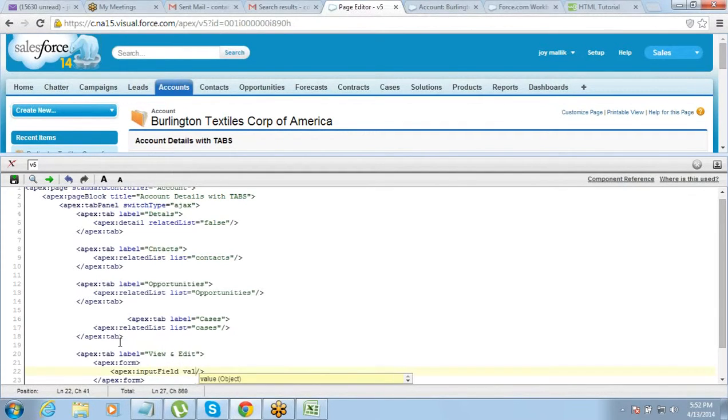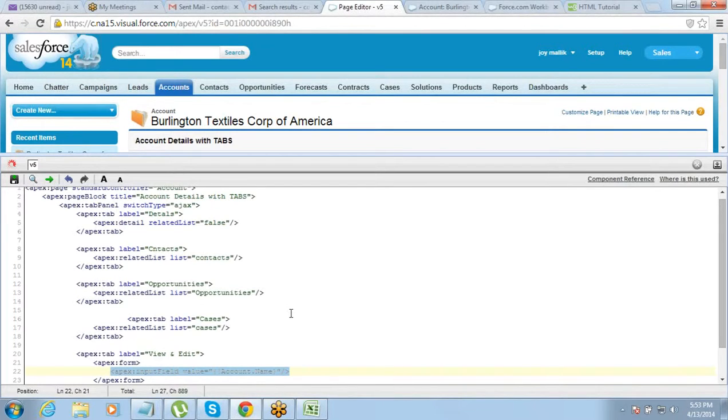Value of the field. So within value, you will have to define the expression. Now, one, we are simply using the expression. If you just put the expression, then it becomes a read-only value. If you put this expression within that input field value, then what happens? It becomes an input field. So you will be able to enter the data.